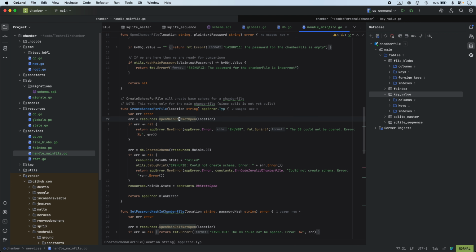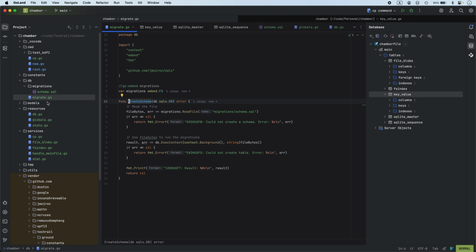So let's get back, see if it is open or not. If error, go return it. Otherwise create schema. Let's get into this. This is in DB package. This is interesting, right? So it says read the file migration/schema.sql, this file, but it is coming from this migrations